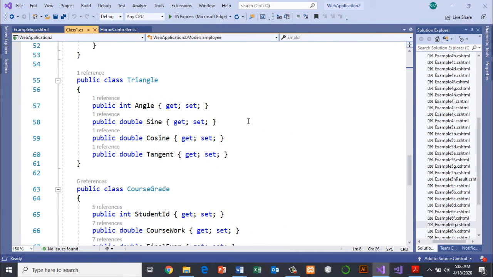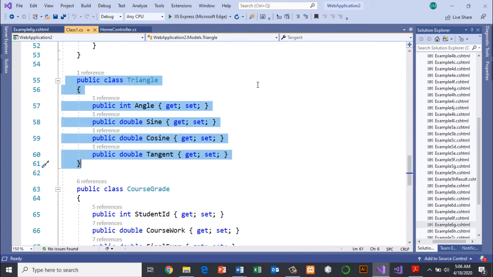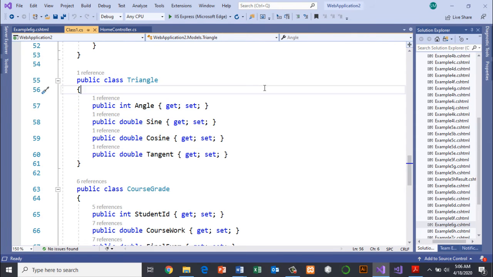Now, this is the class. I have created the class Triangle. This is in the model. Within these properties, there are the input and the outputs. Now this property, angle, is the input. So the input is the angle, the 30, 45, 60 and 90 just now.